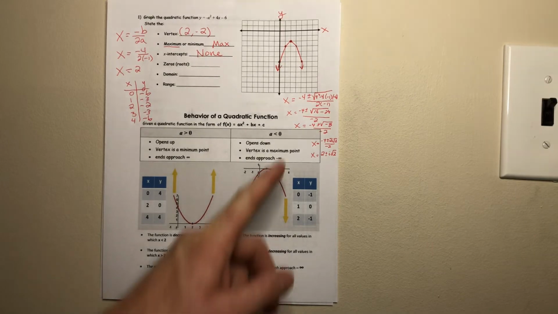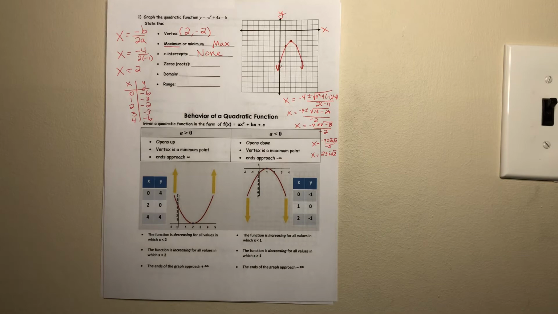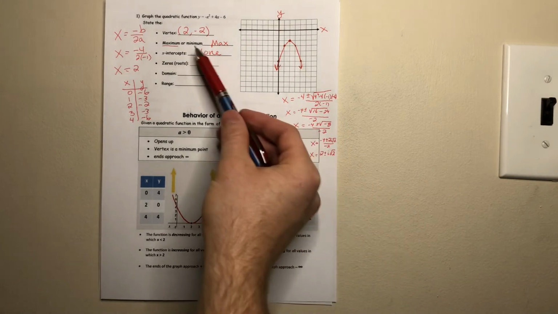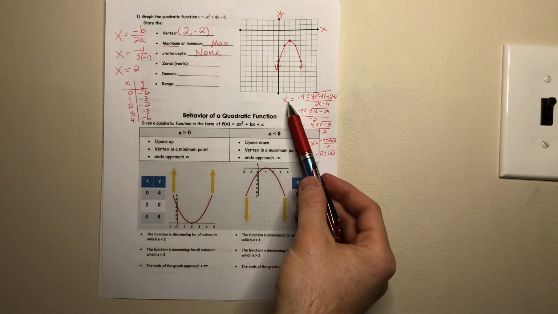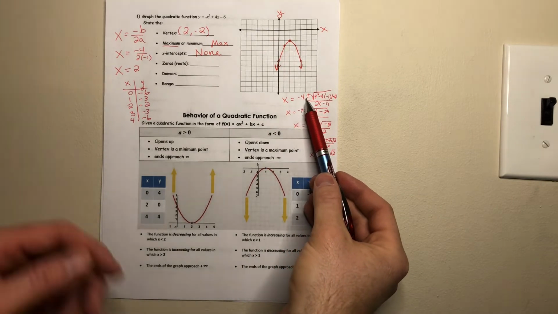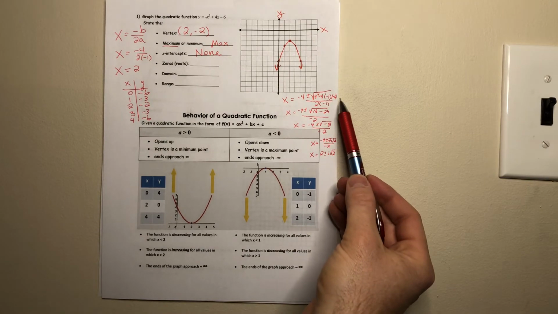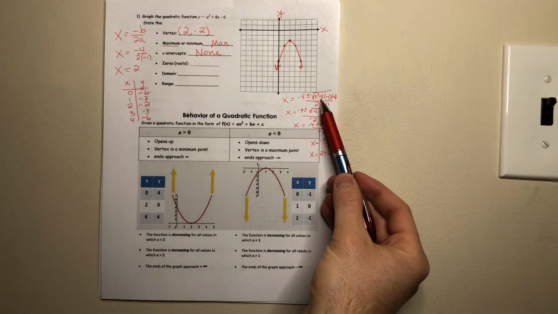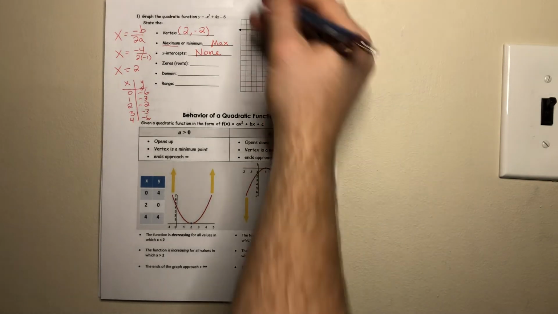Now what you should probably do is pause the video and go through this whole thing slowly. I should probably go through it one more time just to make sure we did it right. So let's just do that together real quick. If you want to pause the video and try this on your own, you can. But we're looking for the zeros, okay? So x equals -b plus or minus the square root of b squared minus 4ac all over 2a. So everything's done correctly. 16 minus 24 is -8. So our discriminant